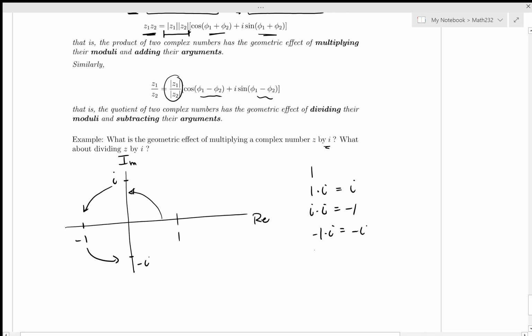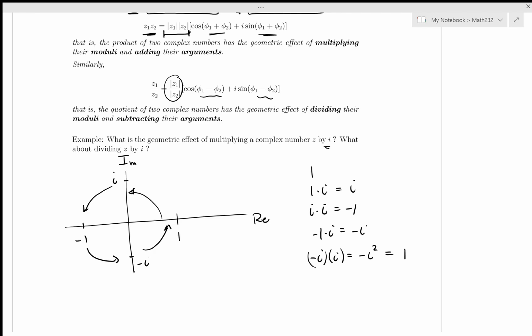And then I do the final thing: take minus i, multiply by i, get minus i squared, and i squared is minus 1, so that is 1. So I have multiplied and I'm back. Each time I multiply a complex number, in this case my complex number was simple, just the number 1, but this is true for any complex number that I take, if I multiply by i I rotate by